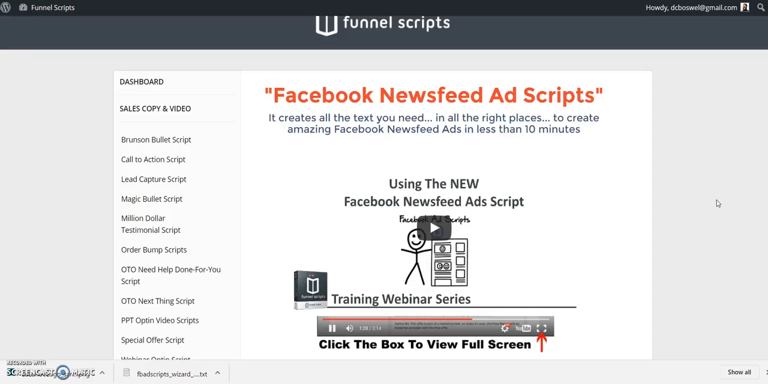What's so cool about it is that inside of Funnel Scripts is one of the easiest ways to create Facebook ads that you will ever see. And what this does is actually create the ad copy for you. And what makes it so cool is that